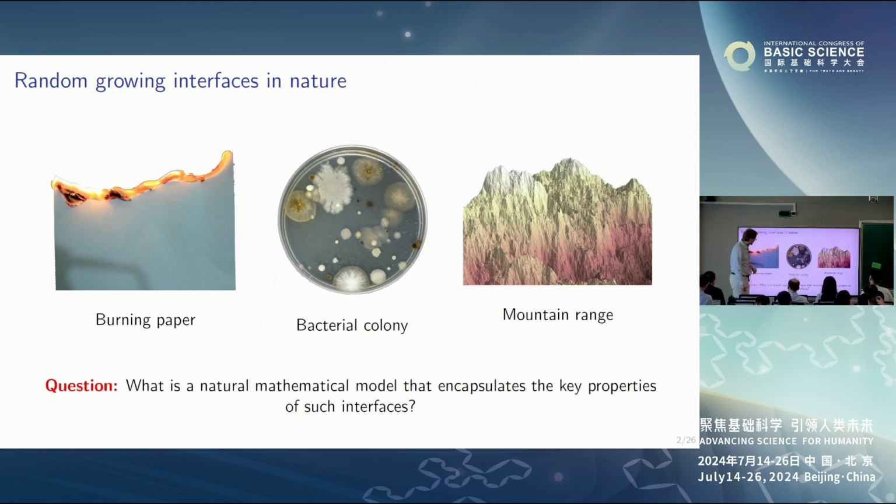And the same can be said about the bacterial colony. One of these spots started growing from, let's say, one point, and then it was growing in all directions. So it got bigger and bigger. But again, due to the inhomogeneity of the environment, this growth is not uniform. After some time, you see this rough boundary of the bacterial colony. It's very hard to describe such a process precisely, and a natural tool would be to use some randomness, which describes this inhomogeneity of the environment.